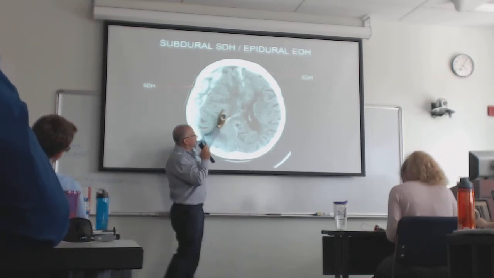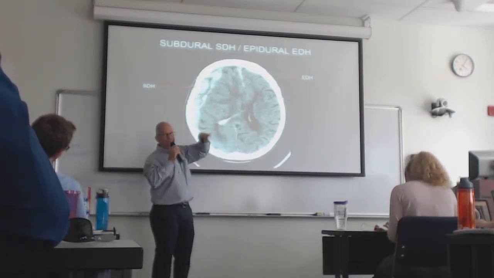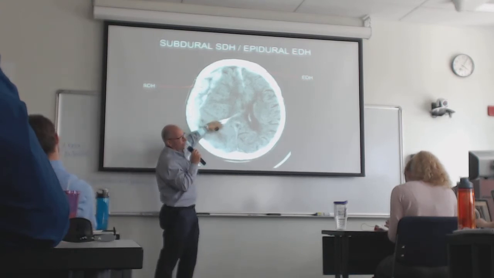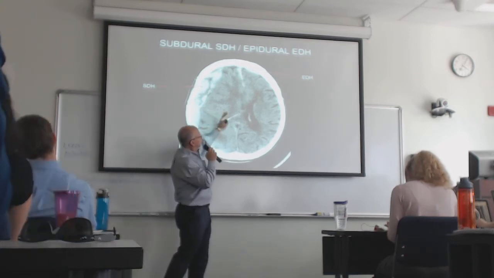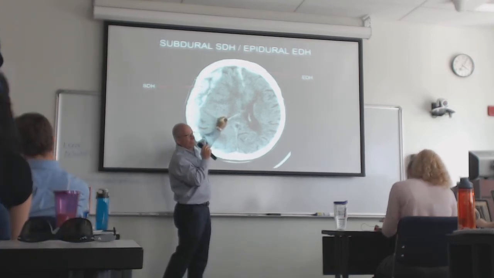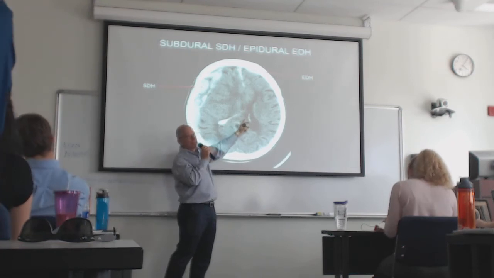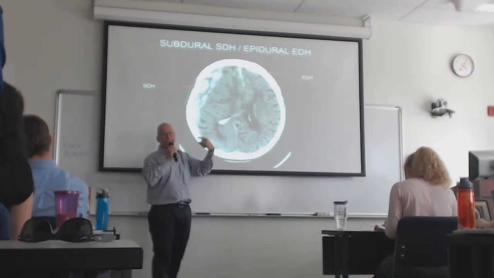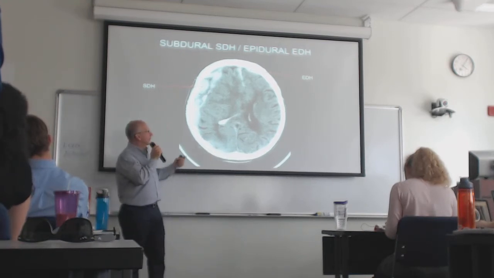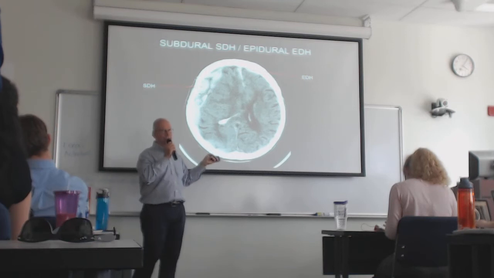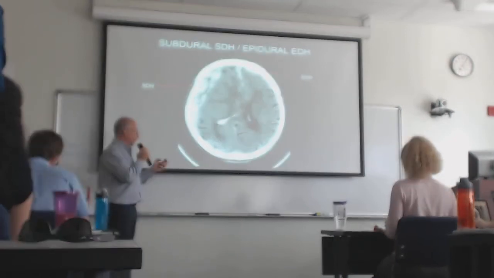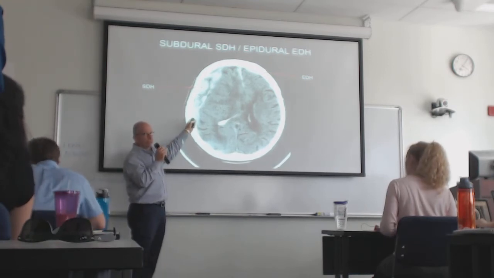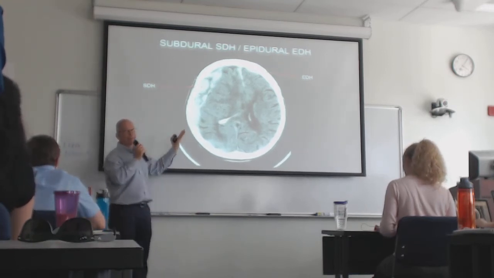What's happening is actually that the brain is sliding under the falx because of the mass effect from this hemorrhage. The brain is sliding under the falx. It's squashing this ventricle on this side, and it's pinching off the ventricle on the opposite side. So this ventricle is starting to blow up because it can't resorb its CSF. And it's an ominous sign of herniation of the brain. And you would want to get this patient to the OR as soon as possible to evacuate this hemorrhage and let everything come back.